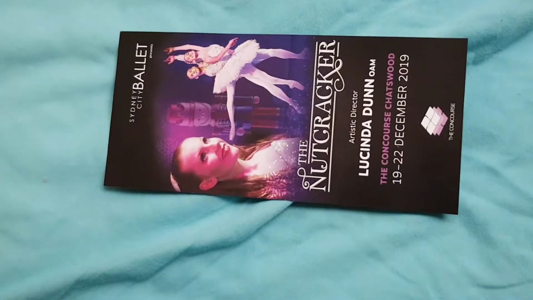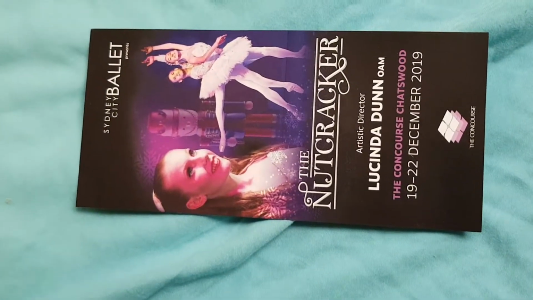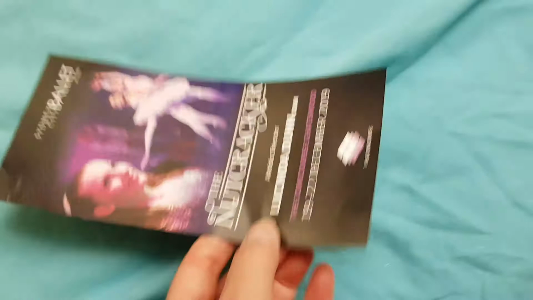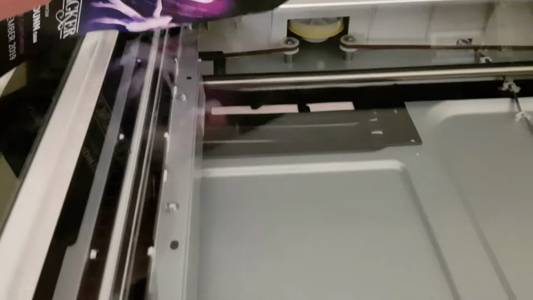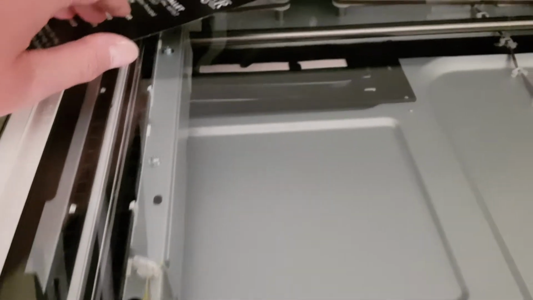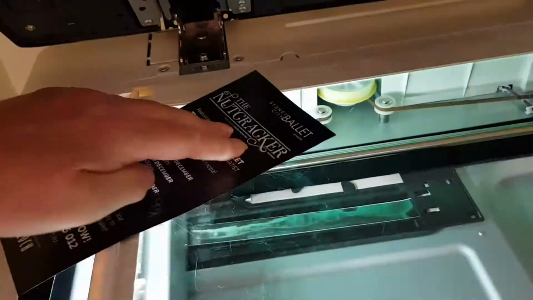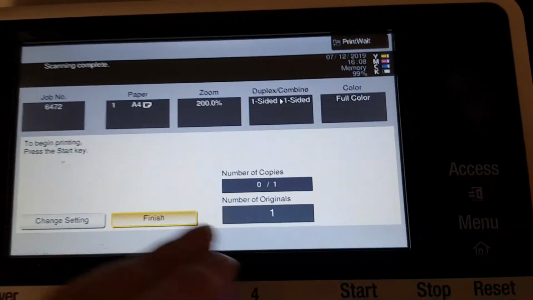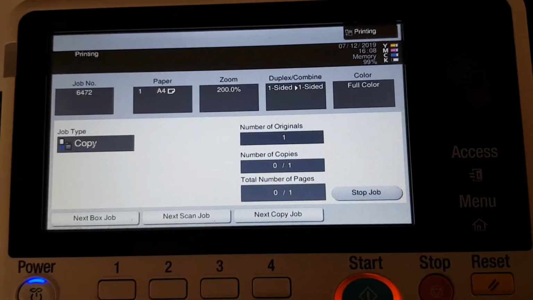We have here Sydney City Ballet, the Nutcracker. We're interested, of course, in the picture on this Nutcracker piece. I don't know why they call it the Nutcracker. It's a funny name, but it's just the name of the event. It's a very famous event, or very famous